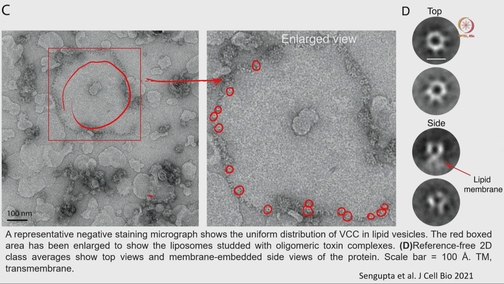Not only that, in this larger view also, you can see many protein molecules binding to the lipid membrane, and there are no free proteins. Most of the time when you add this protein, it goes and attaches only to the membrane. So this kind of study is definitely very helpful if you do it properly. If you have proper negative staining images, you can conclude